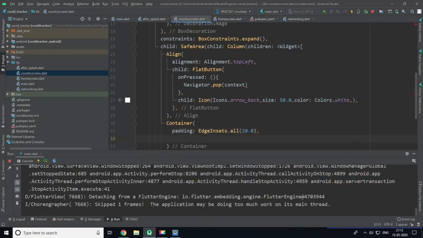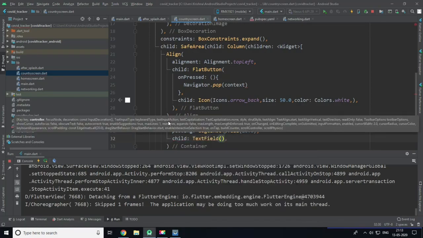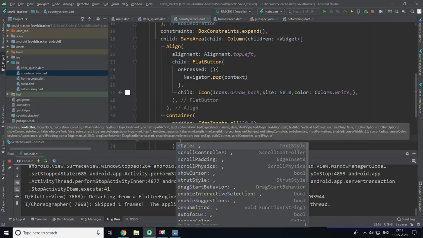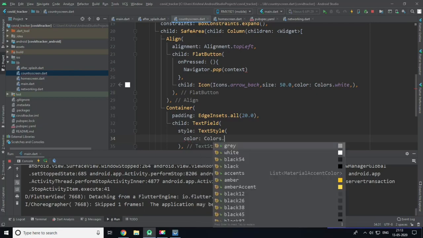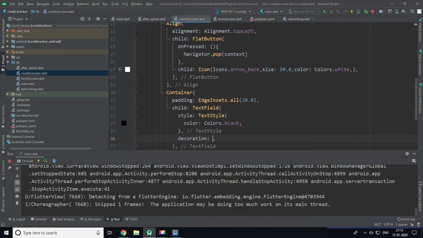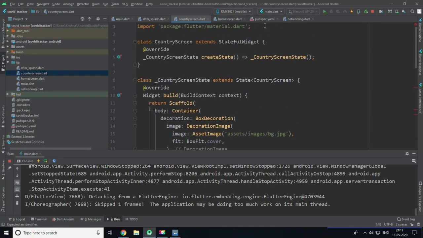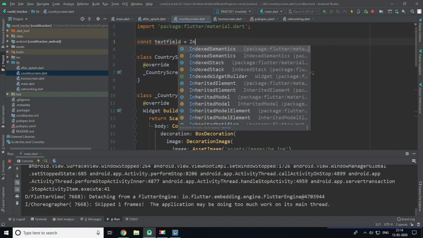and give it a child as a TextField in which we have to enter a country, and style as TextStyle, and we will set it as Colors.black. Okay, now we need to set a decoration. Now I will create a new constant for that, which is textField, which is equal to InputDecoration